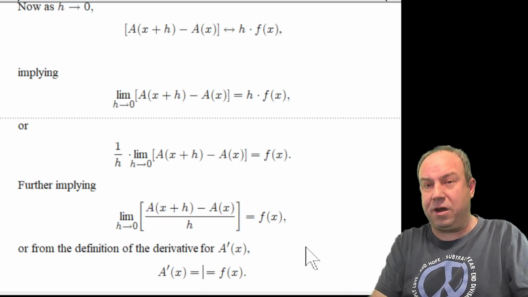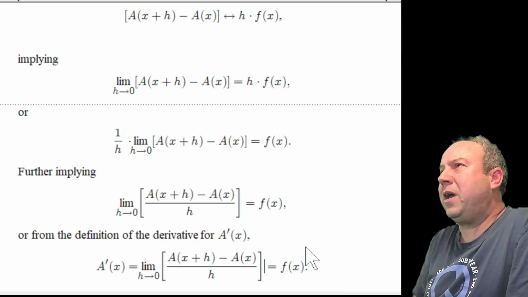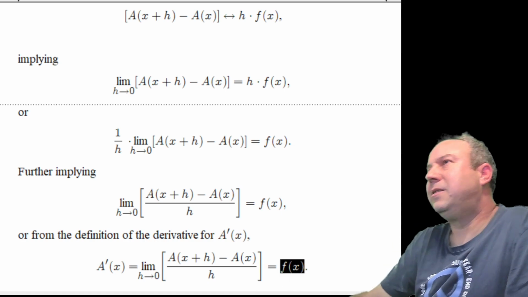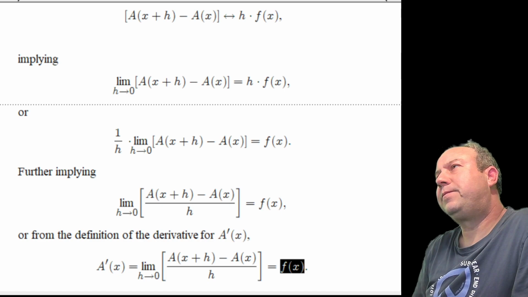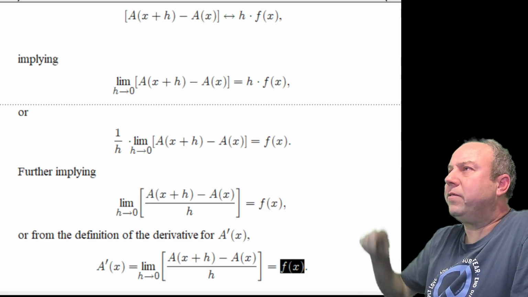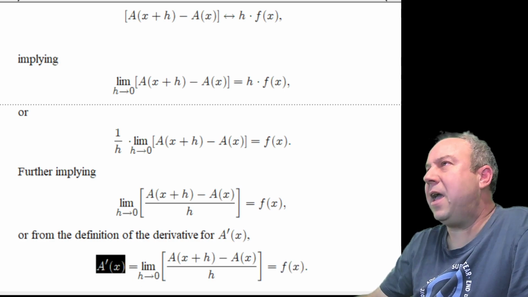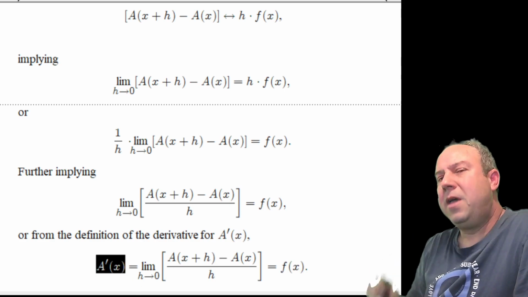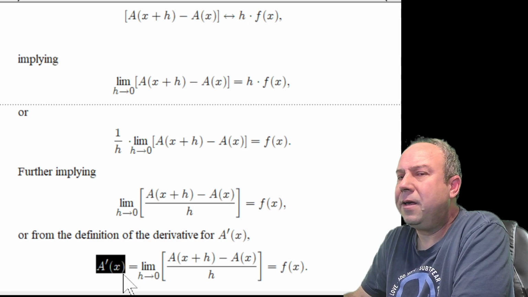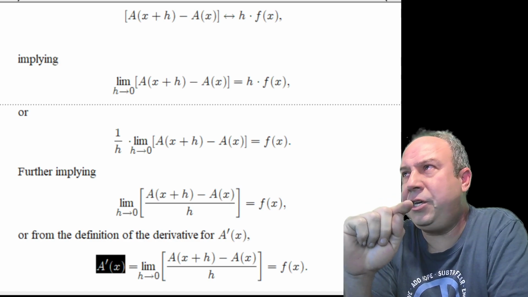by the definition of the derivative is equal to this limit as h heads to 0 for A of x plus h minus A of x all divided by h from its definition. And what we've just shown is that's all equal to f of x. The function, right, that's describing the curve that's trapping the area, right, that's described by A of x. And what we're linking to is the function that's trapping the area